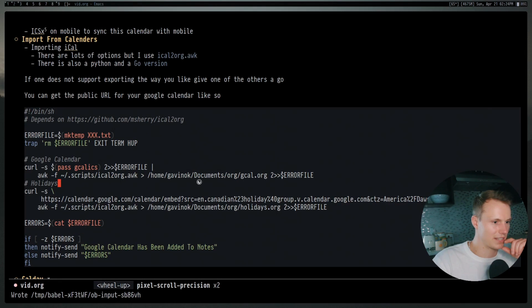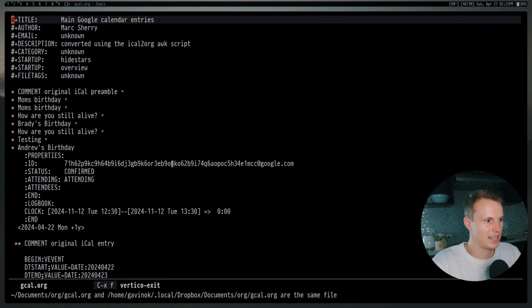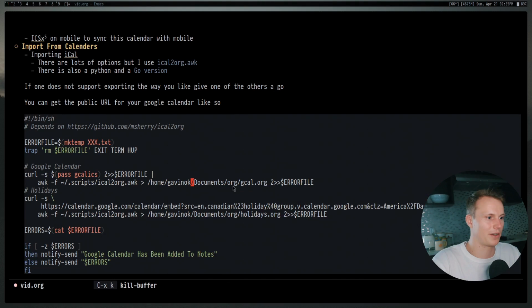And we will be exporting these, and it will basically take these calendars and turn them into org files. So once this is all done, we'll see in just a sec. Hopefully this works out. If we go here, you'll see that there is a bunch of different entries. I'm going to go ahead and close that because you guys don't really need to look at my different events that are in my Google Calendar.